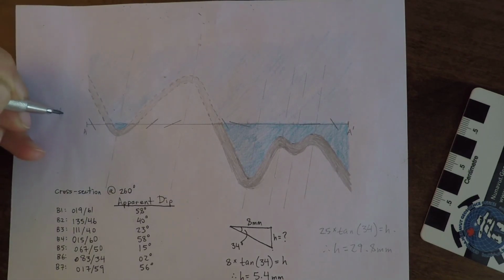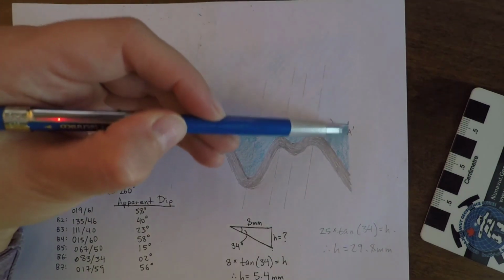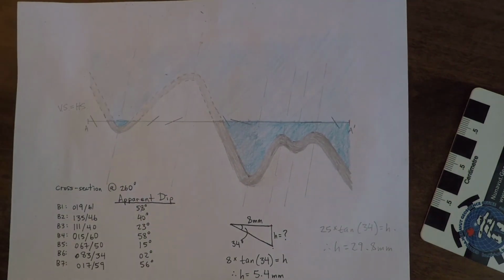There we go. So we can just say vertical scale equals horizontal scale. And you can put a scale bar on the vertical axes of the cross-section for a formal draft cross-section. So there we go. This is the end of our